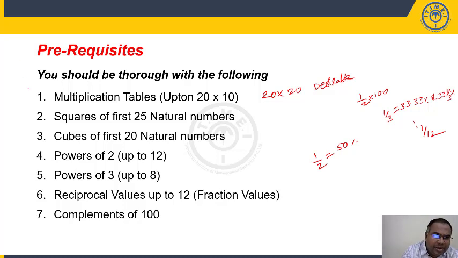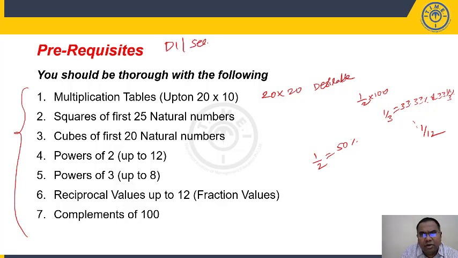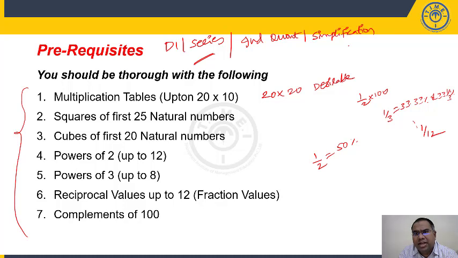So these are basic prerequisites. These not only help in your data interpretation but also help you in solving series questions. Maybe series are also based on squares, cubes, logic, only prime numbers, even numbers, odd numbers. So it is helpful for your individual quant questions, and particularly if you look at direct applications, these are helpful in solving simplification and approximation questions. If any of you are not ready with these things, I am saying you need to start preparing. You have to be ready. These values should be there on your fingertips, right?